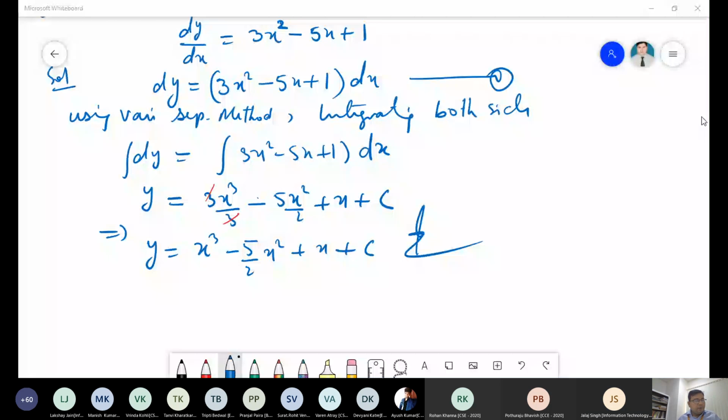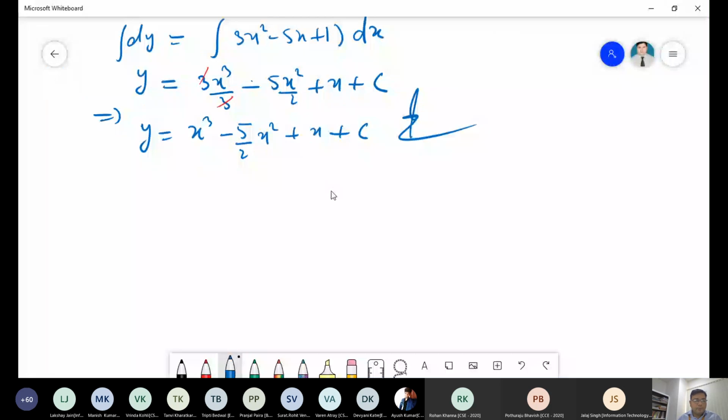So I'm giving you one more question, and you have to solve this question, everybody. Raise your hand when you solve it, and I will ask the answer. So this method is clear to everybody, I hope. Question number 2. Solve the differential equation x square minus y x square